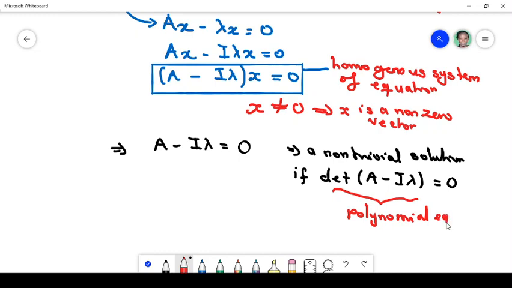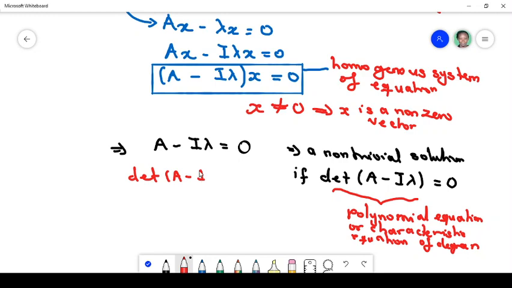A polynomial equation, or characteristic equation, of degree n. Okay, so if I have a characteristic equation, so if the determinant of A minus I lambda